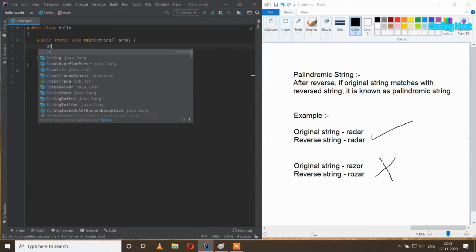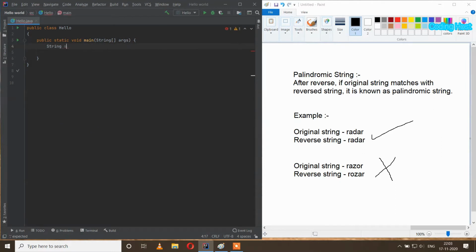First I will make a string variable, String s equal to radar, and after that I will make two variables, left and right. So int l equal to 0 and int r equal to s.length() - 1, and after that I will make one more variable, int count equal to 0, and after that I will take a while loop, while left less than right.